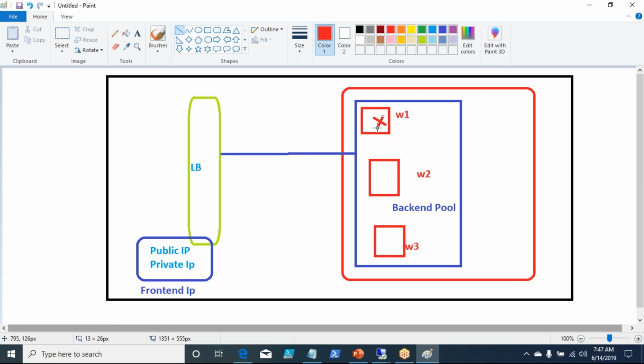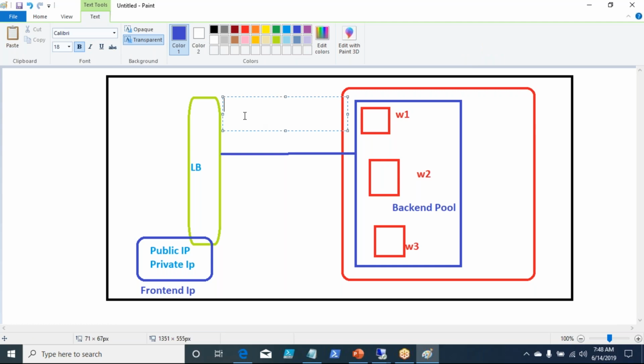Your load balancer should be intelligent enough to identify which server is up, which server is down, which service is up, which service is down among these three, and should decide that traffic should not go to that web server when it is down. Right? That's where something called a health probe comes into the picture. We'll also go and create a health probe.